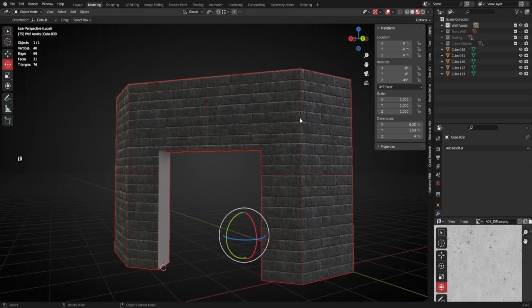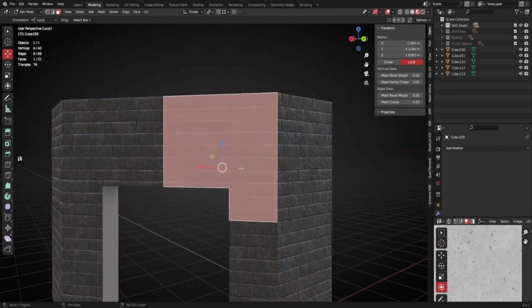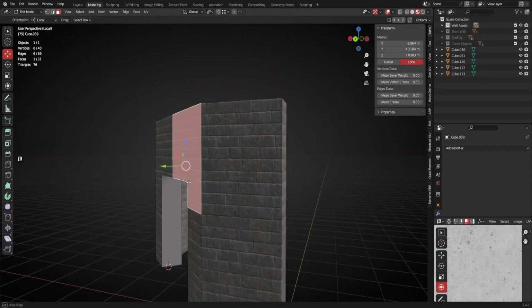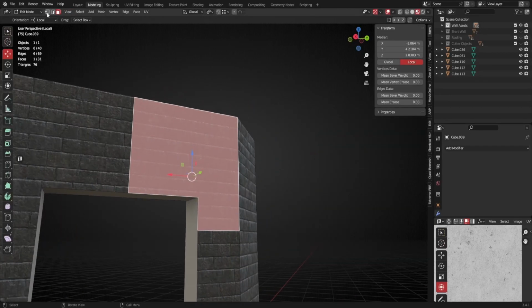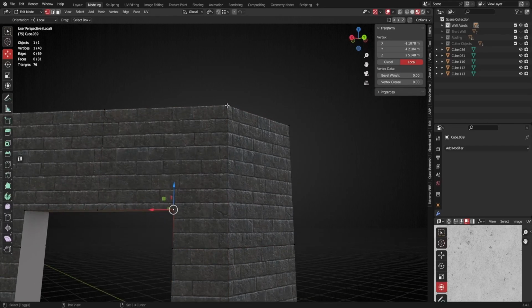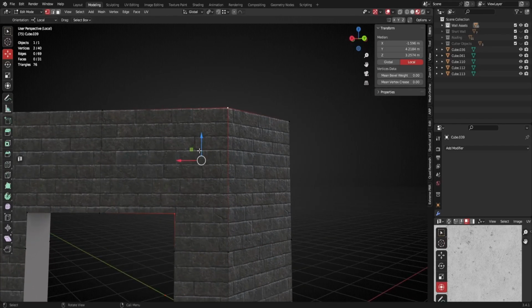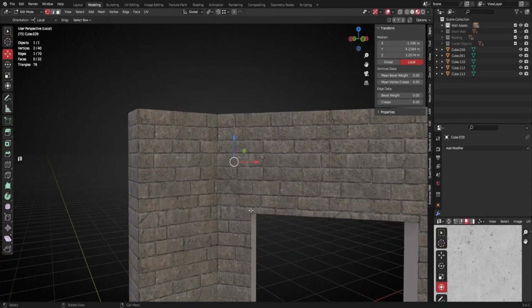If I go into edit mode here, I need to turn this into, basically you don't want anything with 5 edges or above in this case. So I can just quickly modify that. I'll select the top corner vert here and the very top corner here and press the J button, and that'll draw an edge between those. So I'll do that front and back